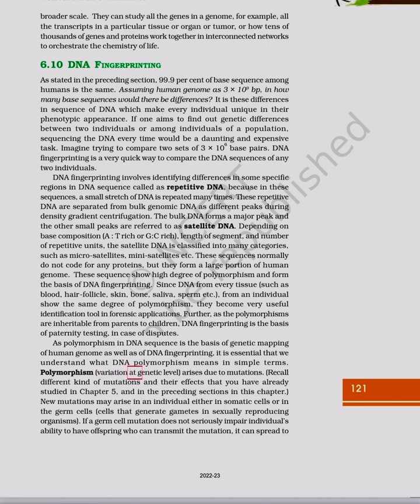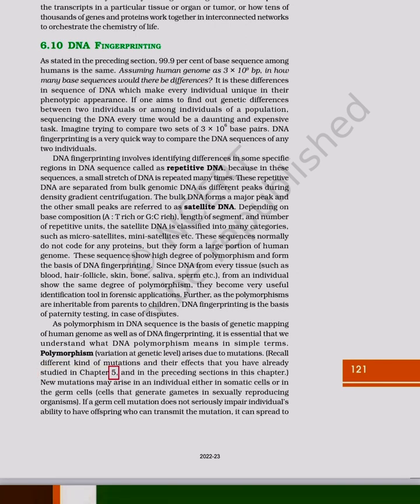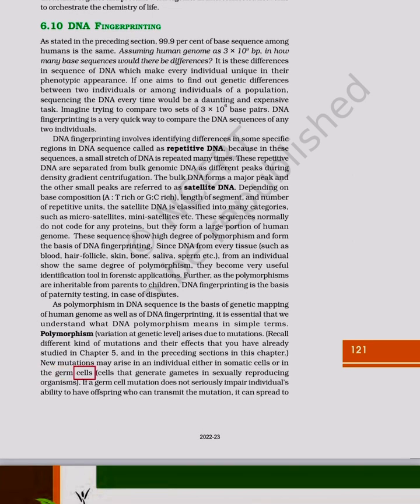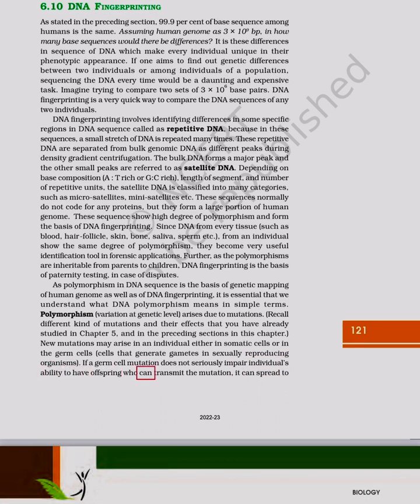Polymorphism, variation at the genetic level, arises due to mutations. Recall the different kinds of mutations and their effects that you have already studied in chapter 5 and in the preceding sections in this chapter. New mutations may arise in an individual either in somatic cells or in the germ cells that generate gametes in sexually reproducing organisms. If a germ cell mutation does not seriously impair the individual's ability to have offspring who can transmit the mutation, it can spread to